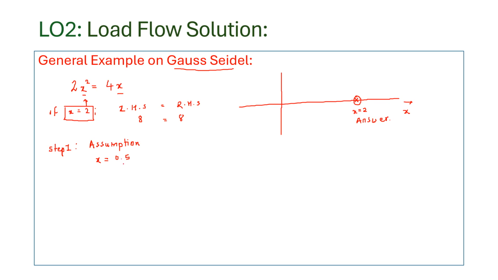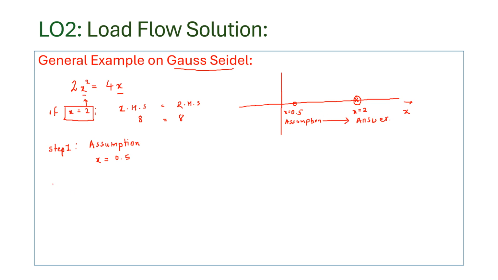This is not the correct answer. The correct answer is 2. But I make an assumption. So say that here we have x is equal to 0.5. This is not the correct answer. The correct answer is x is equal to 2. Now from this assumption, we have to go to this correct answer